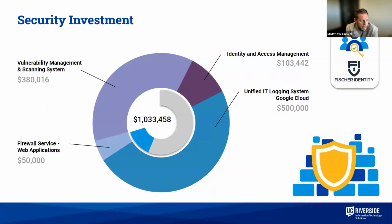So just to give you an understanding of what that security investment looks like, because that is also a significant piece. And you just heard me mention the logging, the identity management. Many of you should be aware that we went through a major upgrade of identity. This was IAM Riverside. And so we have been making a lot of investment in this area to not only facilitate faster access to our services through increased accounts, but also to gain additional visibility into the networking and log traffic